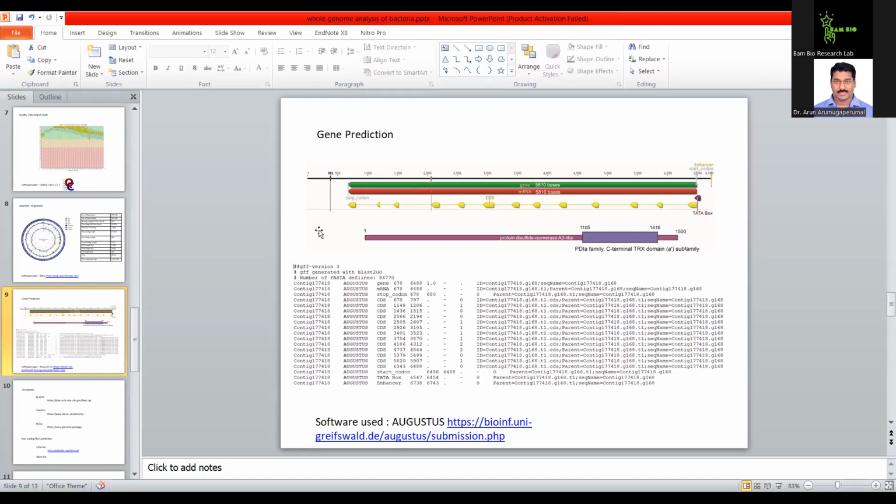So you create that as the model, and using that model, you predict the genes in the new bacteria. If you look at this diagram, this is a gene diagram from a eukaryote, not a bacteria. For your understanding, I have kept this diagram here. The black line is the genome, and in the genome, this gene is present in 3' to 5' direction,